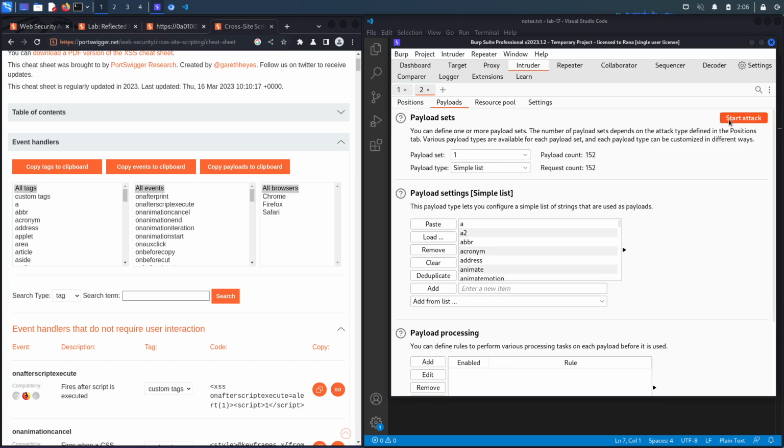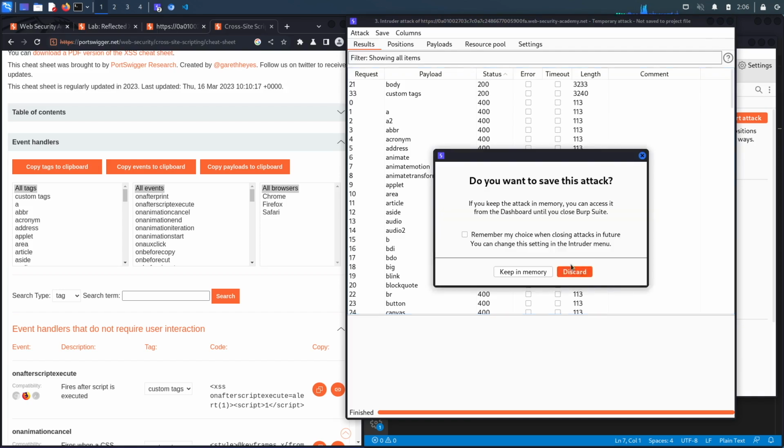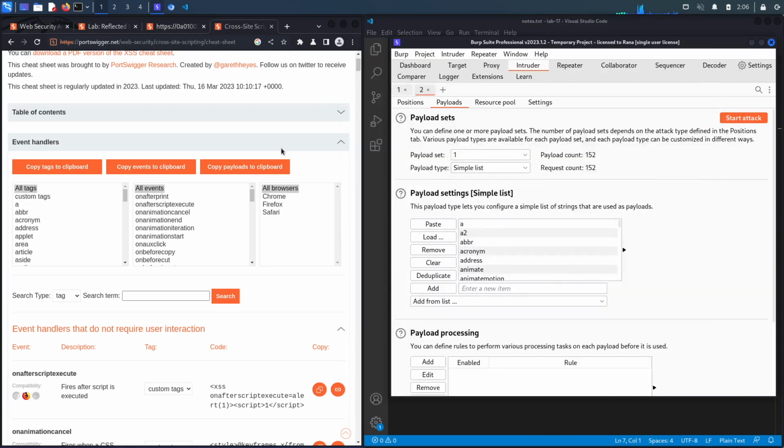So let's click on start attack. And so far you could see there's a ton of 400s, which means that they're not allowed. But you could see over here there's a 200. So let's order on status to see what's allowed. So we've got body tag is allowed and then custom tags are allowed. Let's try with the body tag, and if it doesn't work, we'll go for the custom tag. So let's close this off over here, discard,